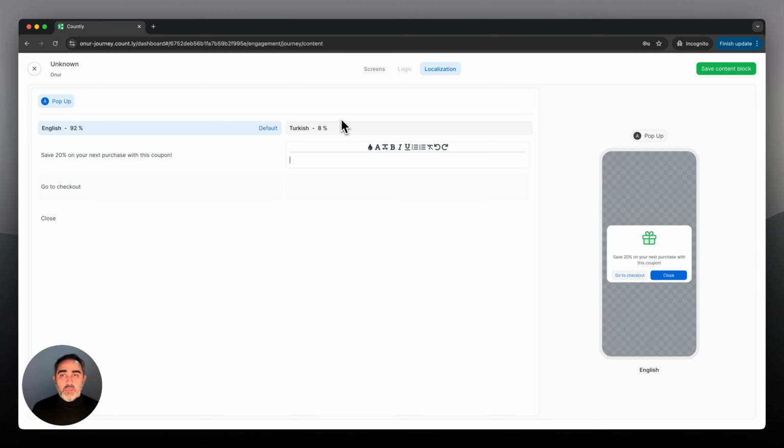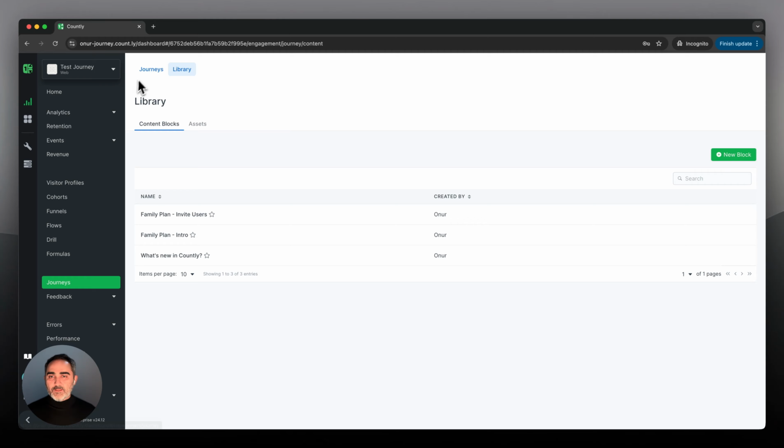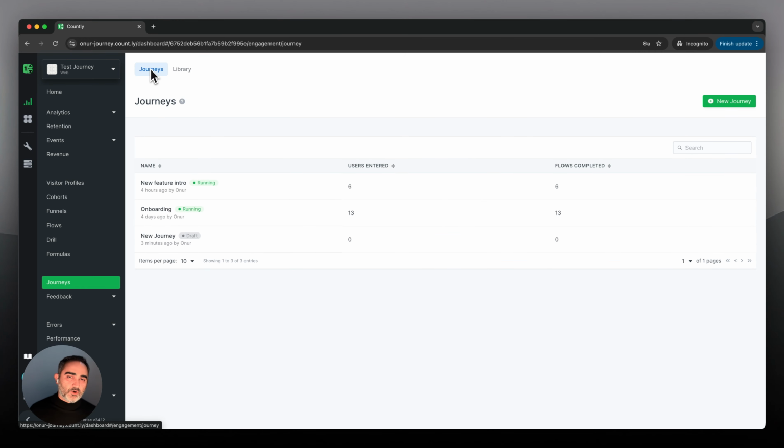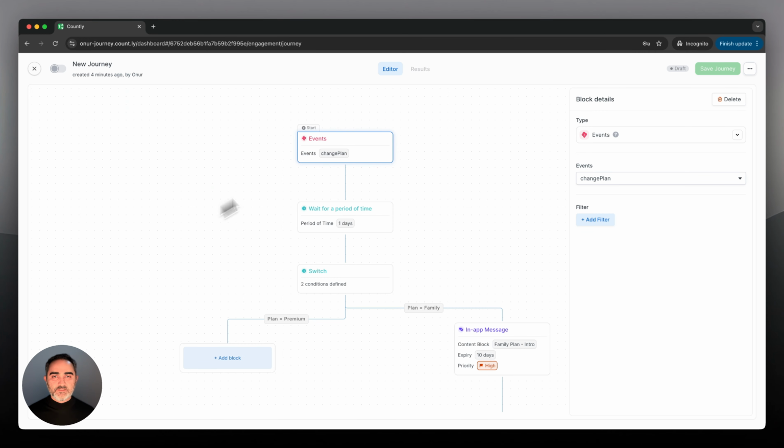Right? With journeys and content builder, we are enabling seamless orchestration of customer experiences. We already had actionable insights within Countly, but we are now letting them be turned into real-time personalization, right? And then